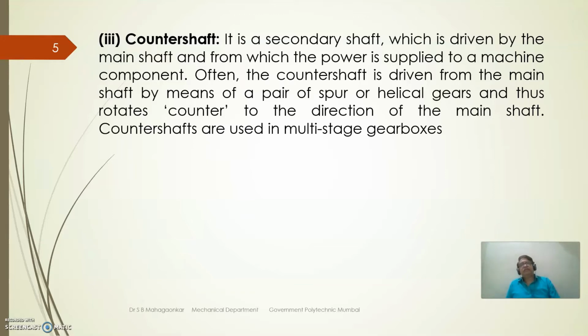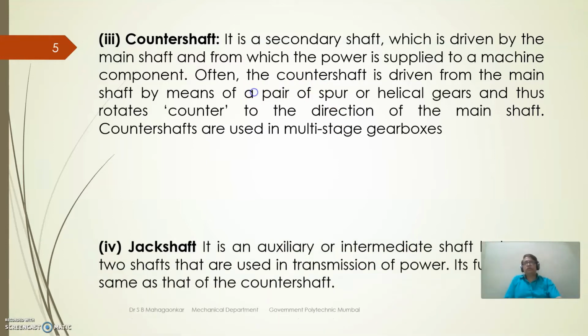So wherever the multi-stage gearbox is there, in that case the gears are mounted on one shaft and the other gears are mounted on a different one. So like a set of shafts, main shaft and counter shafts will be there. So it is a multi-stage gearbox. If it is there, you can get a reduction of the gears. In automobiles, in the gearbox assembly, you can see this type of counter shafts.